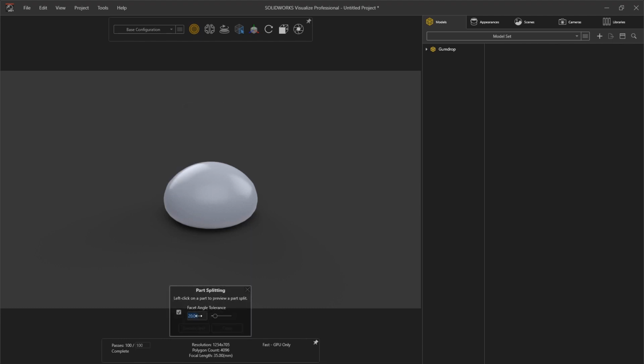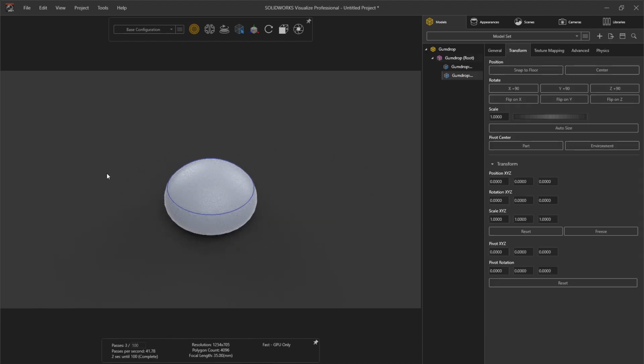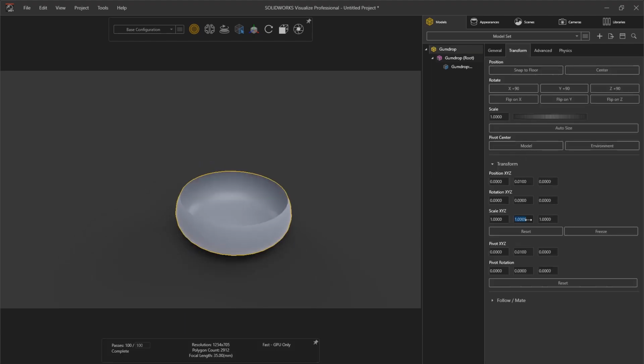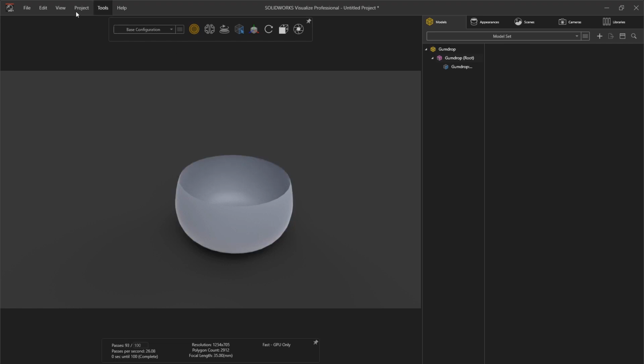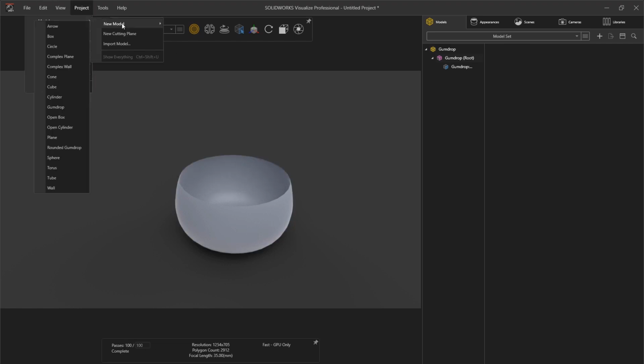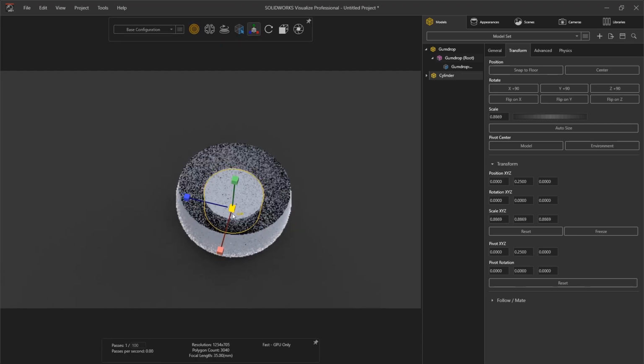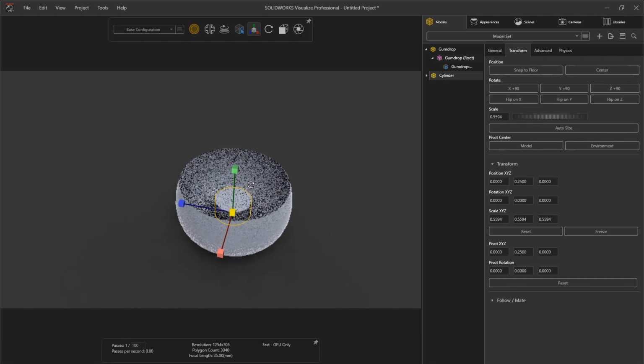This time I'm going to use the primitive of Gumdrop to give me a nice round candle holder, but then cut the top off again using the split part feature. I will then add a cylinder that is going to represent a tea light. I will put a photometric light on this later, so I don't need any other geometry like the wick, and because I'm going to be focused on this part, I'm not going to add much more detail apart from this.